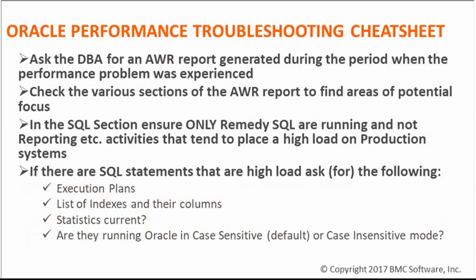So here's an Oracle performance troubleshooting cheat sheet. Basically, if you don't have the ability to generate an AWR report during a period when your users are experiencing performance problems or issues, have the DBA generate an ad hoc AWR report when that performance issue is being experienced. Check those sections of the AWR report. If the DBA is willing to do that, great. If not,